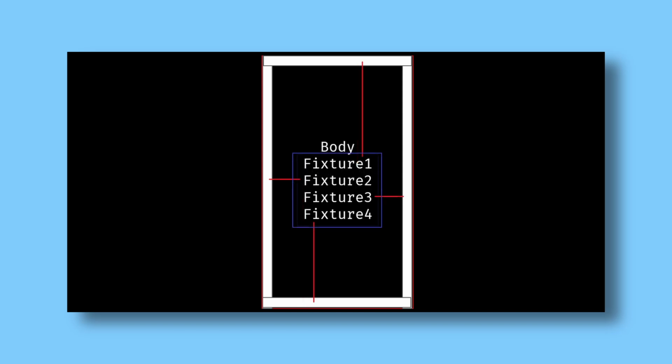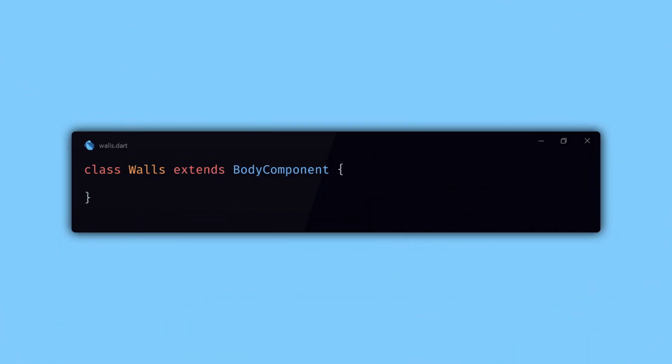Unlike many other tutorials that create separate bodies for each wall, we'll create a single body with multiple fixtures to represent all four walls. This approach is more efficient and takes advantage of Forge2d's capabilities. First, we need to create a walls class that will represent our walls. In this class, we'll define a single static body with four fixtures to represent the top, bottom, left, and right walls. The game size parameter will be the fixed resolution of the game, and wall thickness will define the thickness of